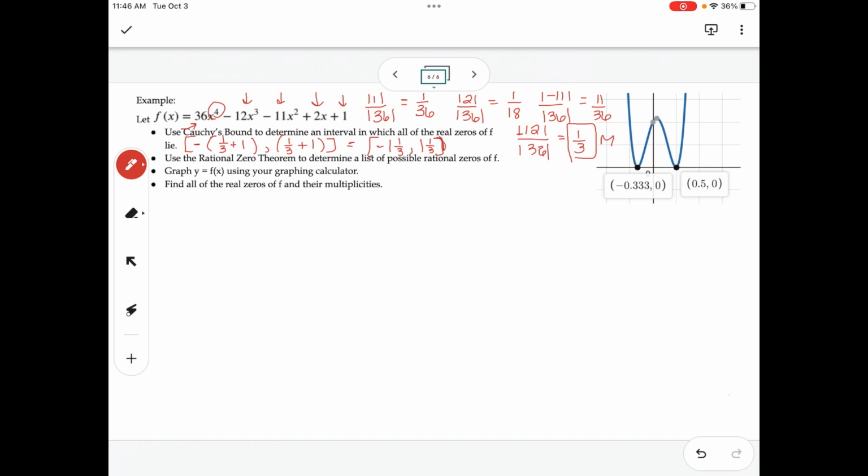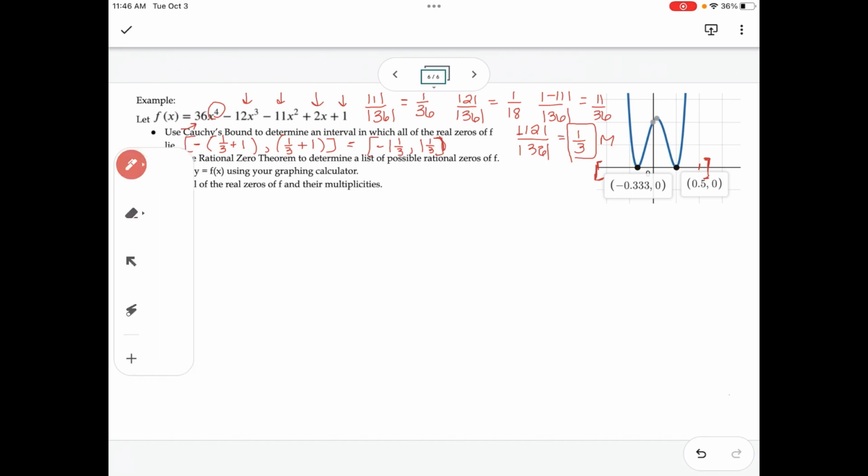So on my graph here, I don't think I've got it set. So yeah, here's 1. So here would be about 1 1/3. There's 1, so about here. And in fact, yes, our graph, our zeros are in between that bound. What are the possible